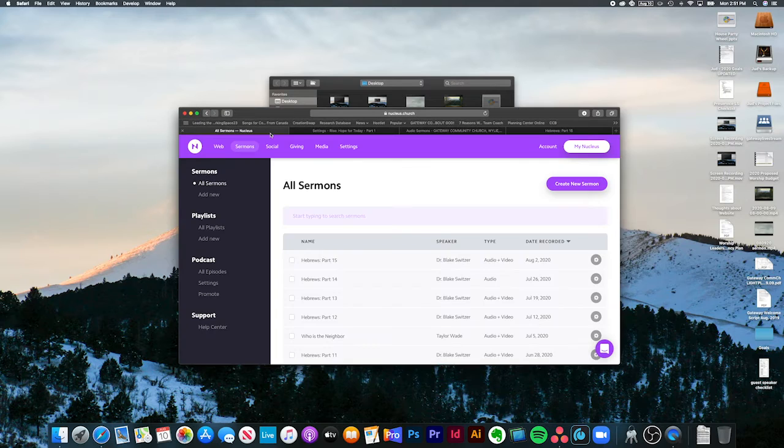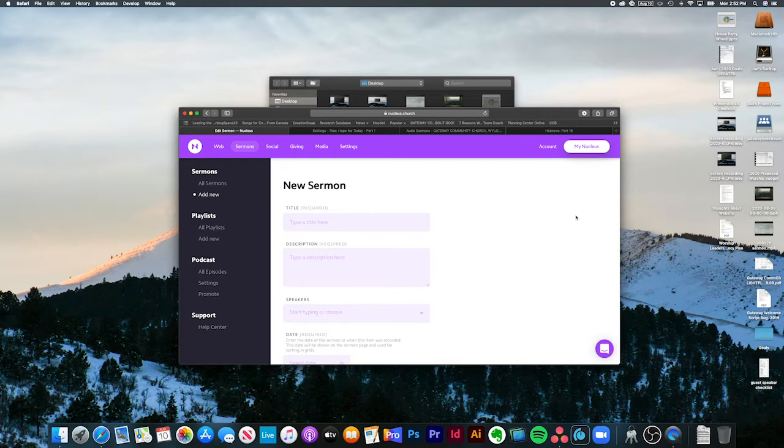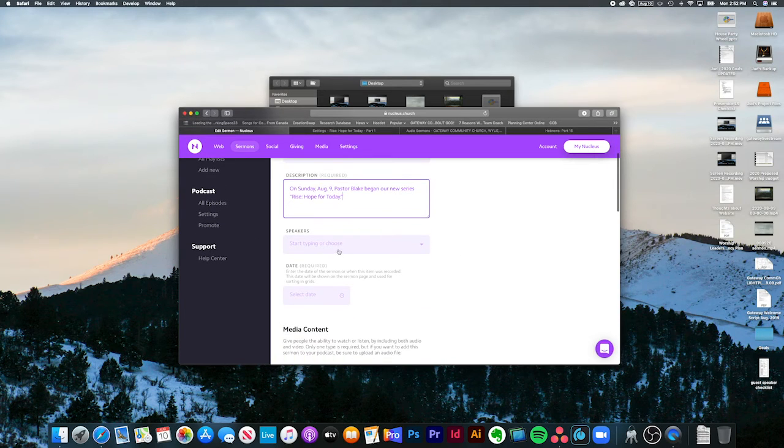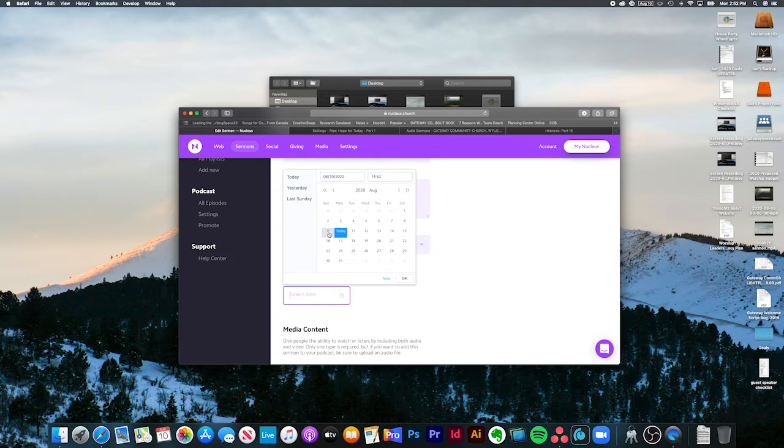So we're going to go to Nucleus, go to the sermons page, and click create new sermon. The title of the sermon, of course, is Rise: Hope for Today, Part 1. And you remember I copied the description that I typed in Vimeo, so I'm just going to paste that in there. Speakers, we've already got some speakers in here, so we're going to select Dr. Blake Switzer. The date, of course, was August 9th, which was yesterday, Sunday, and